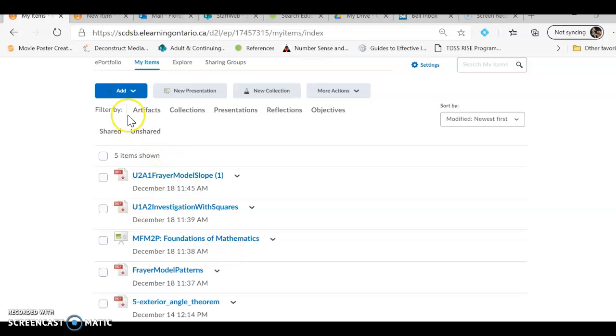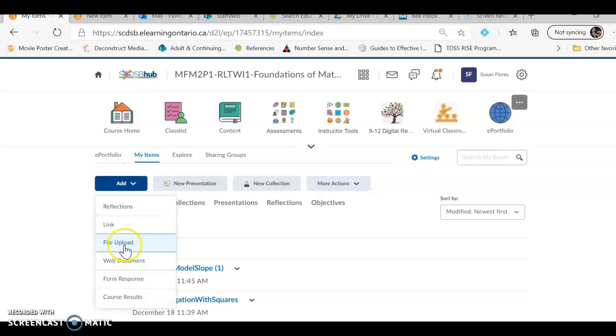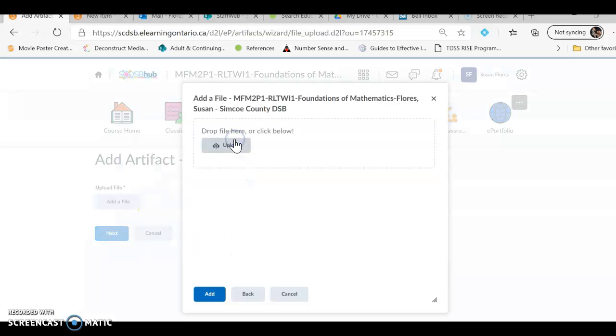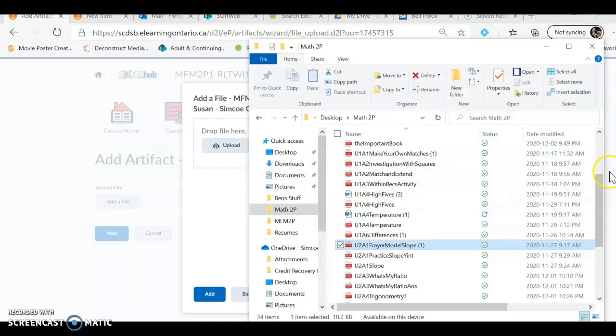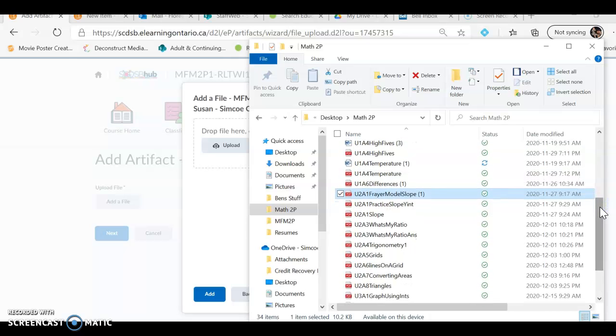But if you look, in order to add artifacts, I went into My Items, and then I go to Add. And then you go to File, Upload. Hopefully you will be adding all these things. And then you go to My Computer. I open up a little tab here, and from wherever you've been saving, if you've already been saving them into your portfolio and adding them as artifacts, then you're one step ahead of everybody else. If you have a separate folder, either in Google Drive or on your desktop, on your laptops or Chromebooks,